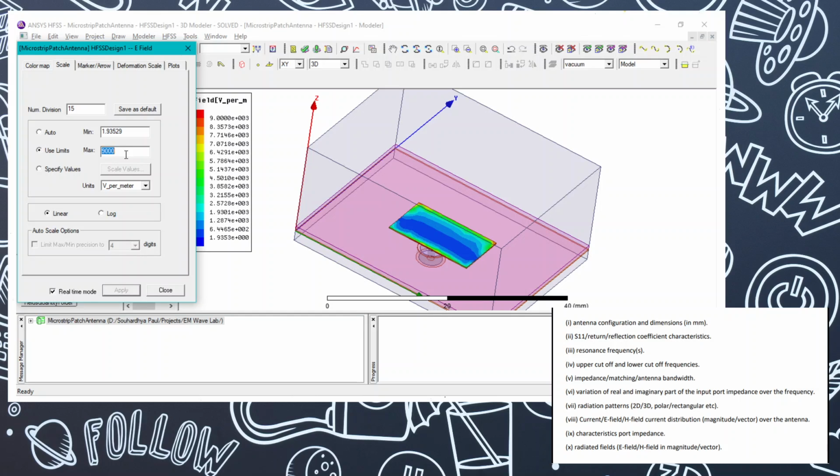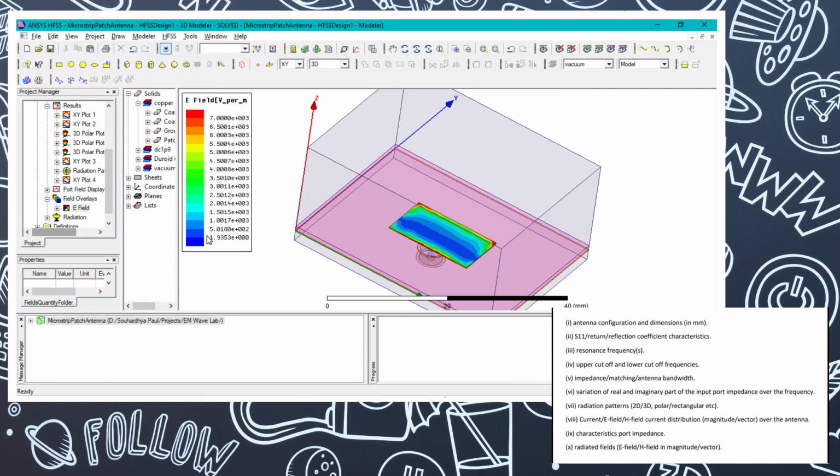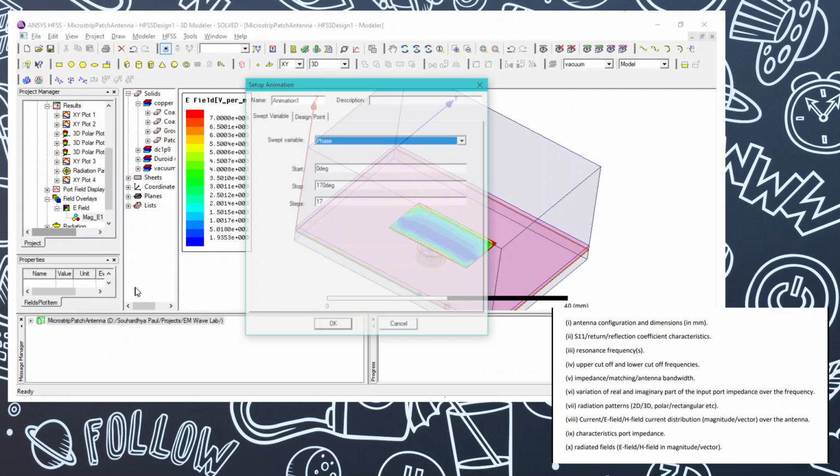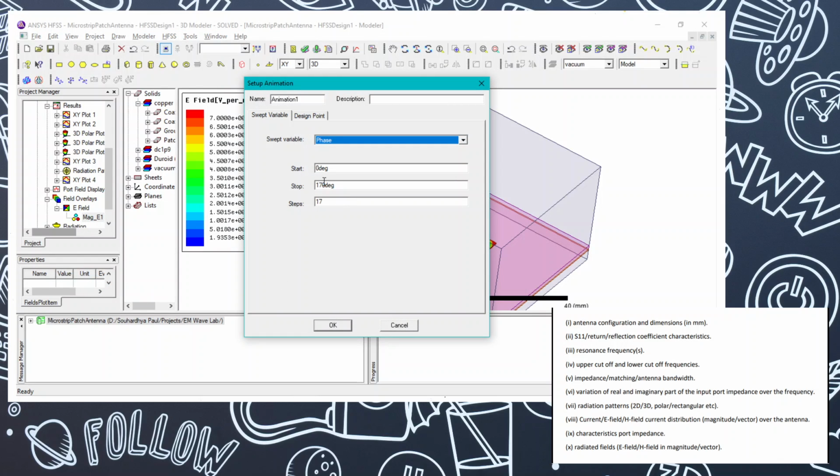Okay, we'll reduce that a bit. 7 1 2 3. So you can see this is the electric field distribution, and one thing that we can do is to show that the field is moving. We can actually animate the thing over the phase